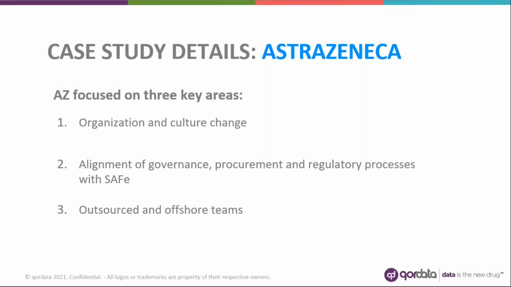For alignment of governance, AZ replaced its traditional project governance framework with a new adaptive delivery framework that was easy to use and supported both Scrum and scaled agile approaches out of the box. With this change, funding and governance approval were aligned with agile ways of working, enabling the teams to make progress quickly and thus benefiting agile delivery.